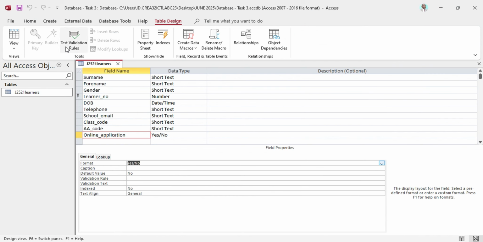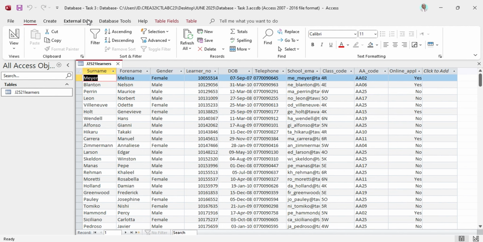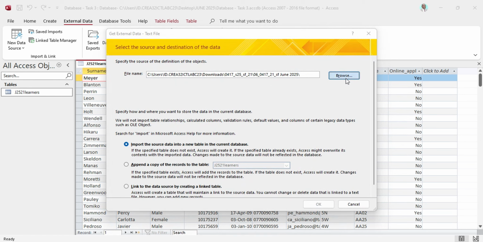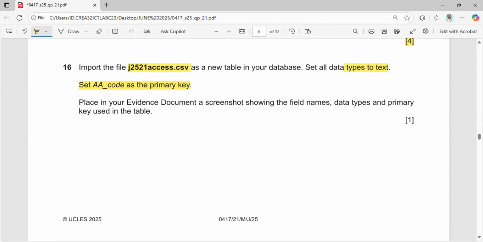save this, go back to normal view for this, go to external data, import a new file, text, then what's the new file, access. So I click on access, open, okay, next. First row contain field names, advanced, DMY, and the question says set all the field names to the data type to text rather. So I say okay, next, next,